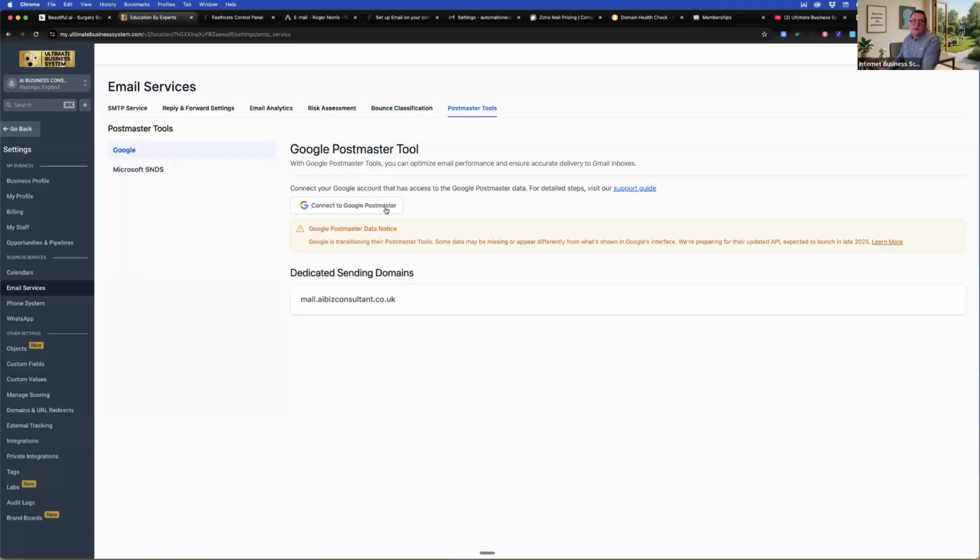It's a good way of getting some data back from Google to see how the messages that you've sent from your platform, marketing messages to Gmail accounts, are being viewed and rejected. So it can give you some good